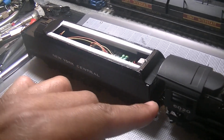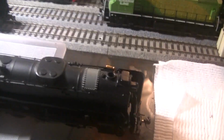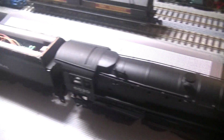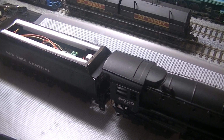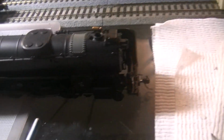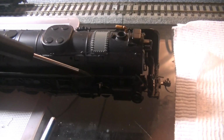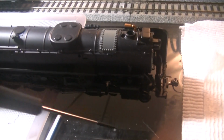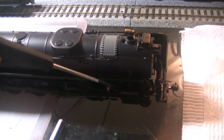I think for the better part, at least it'll close this gap in here and make it look more realistic, in my opinion. Hopefully I can get another smoke deflector for this, because it just doesn't look right without it. ALW, if you guys know who that is, they custom make box cab electrics and box cab diesels and fireless locomotive kits for Bachmann engines. He has a smoke deflector kit that you could snap to size. I was thinking about buying them, but I don't want to buy it and have it not fit. So I'm going to try to find another Bachmann shell like this with the smoke deflector and use that shell as a part shell to just get the smoke deflector,